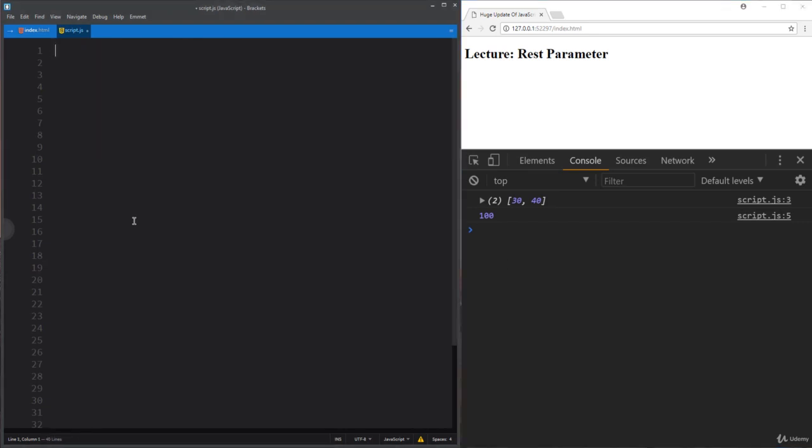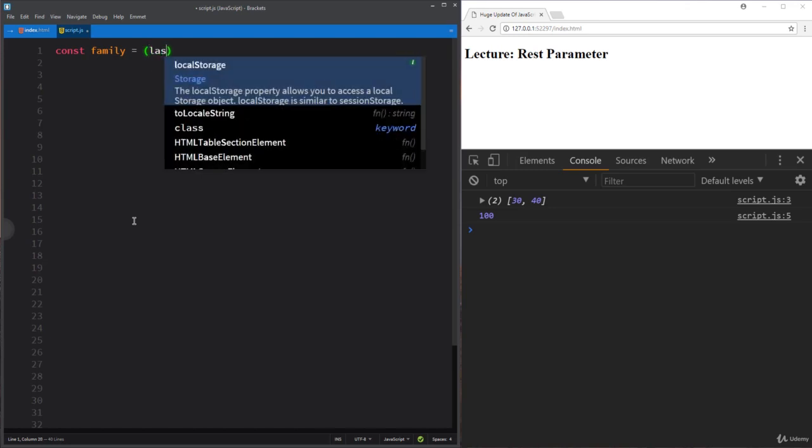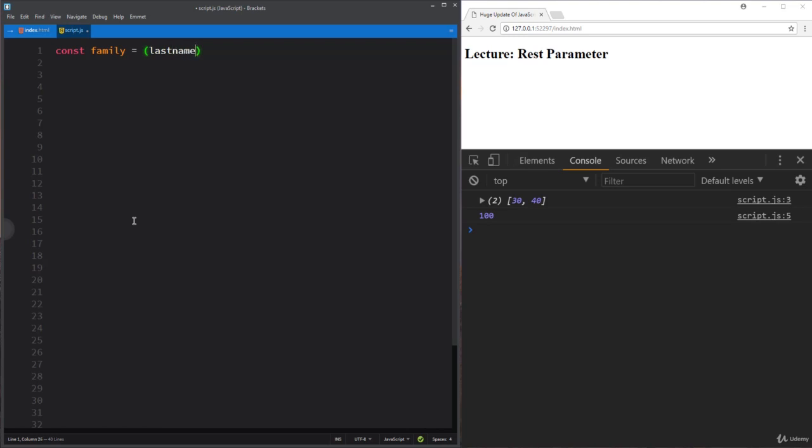Alright, let's use another example and see better the power of the rest parameter. Create constant family. Suppose that we would have several members of a family. Those persons would have a common last name, so let's place here as a first parameter lastName. And then let's assume that as arguments we would have names of family members. For that I'm going to use a rest parameter, so write ...names,